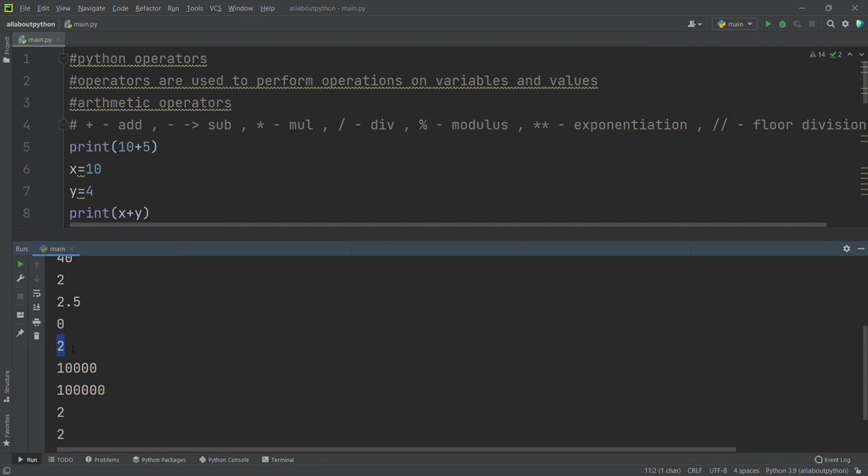And for normal division and floor division, the main difference is that when I am working with the division, it's printing 2.0 and 2.5, right? But when I am working with floor division, it's printing 2 and 2. It's not printing 0.0 or 0.5. This is the main thing. Here it rounds off the result to the nearest whole number. Okay, so that's the main difference.